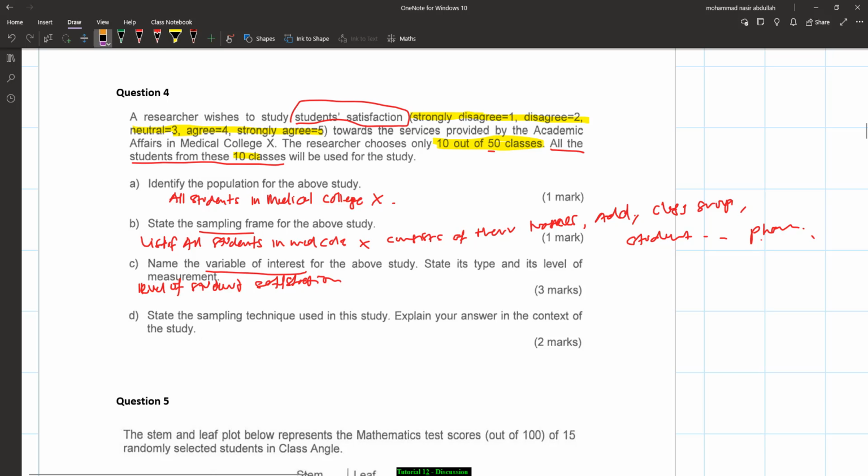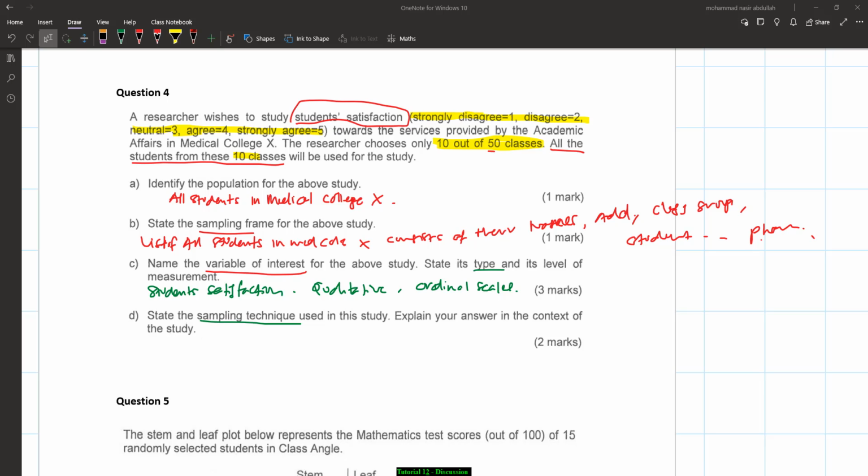So let me tulis betul-betul lah. I punya tulisan ni teruk sangat. So student satisfaction. So type is a qualitative, and level of measurement should be ordinal scale. Right? So state the sampling techniques. So sampling techniques,